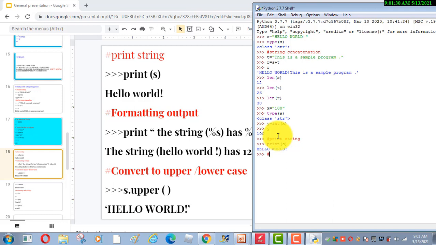Let me write the heading formatting output. Now I need to write print, within the quotation, the string